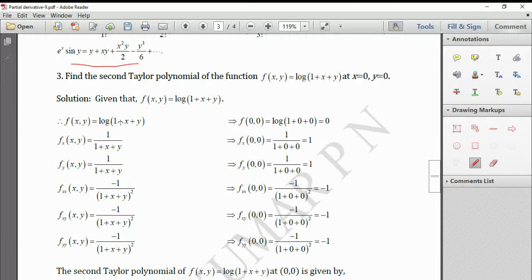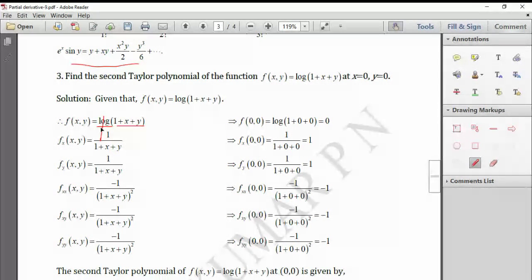Right? So here 1 plus x plus y, it is a sum. So your x and y are added together. You cannot separate them. And outside function is log. First we need f of 0, 0. So substitute x equal to 0 and y equal to 0. You'll get log 1. Log 1 is 0. Now differentiate this. What is the derivative of log? 1 by this, into, forget log, remaining is 1. What is the derivative of 1? 0. Derivative of x with respect to x is 1, plus derivative of y, 0. So simply you will get 1. So substitute x equal to 0 and y equal to 0. You will get 1 by 1, which is 1.